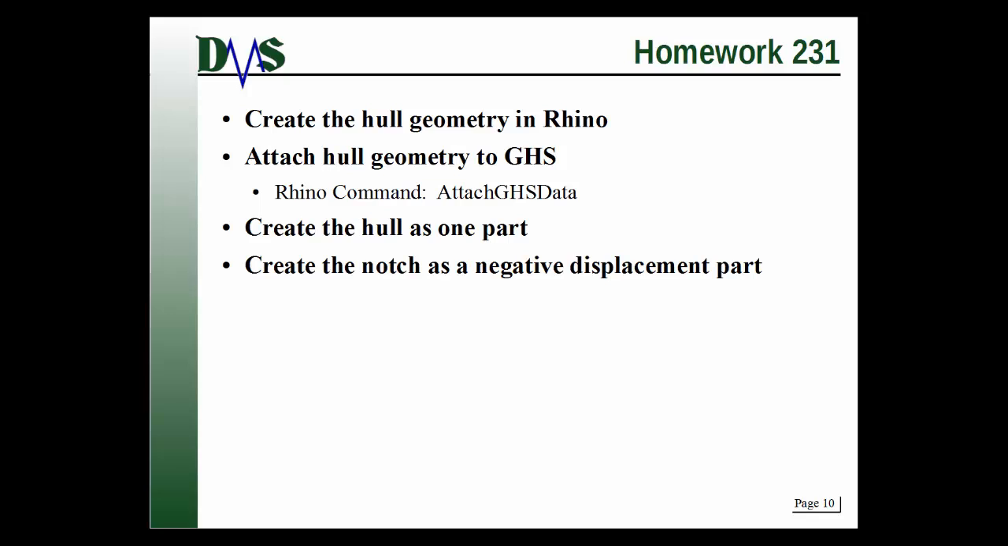So what do I want you to do first? First, create the hull geometry in Rhino. So you're going to create just the hull, and then attach that geometry for a GHS object. So use the command attach GHS data. And once you've done that, you'll create the hull as a single part in that pop-up menu. So you're going to have the whole part, and then you're also going to create the notch as a negative